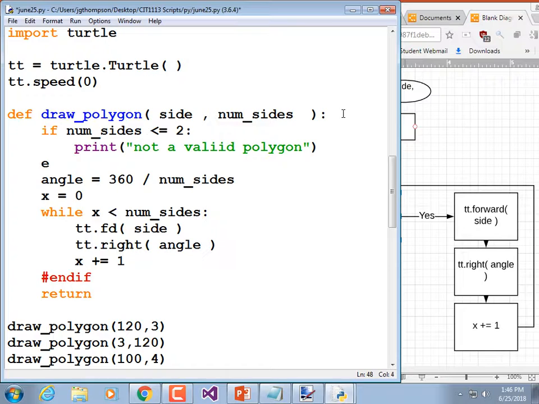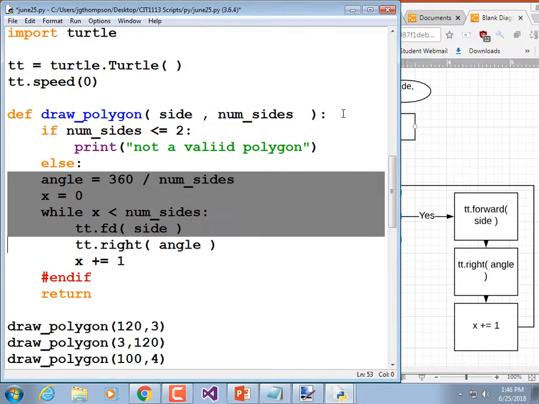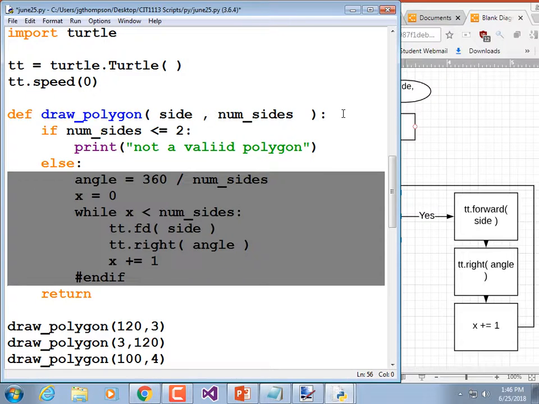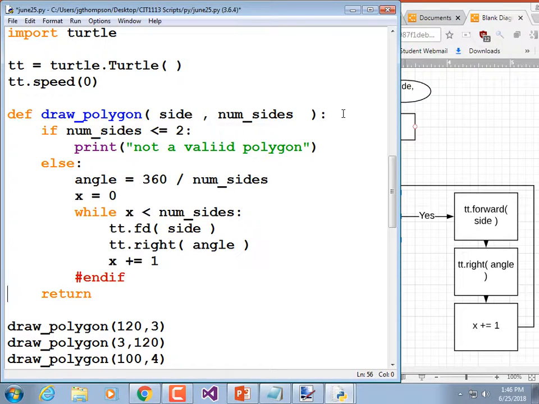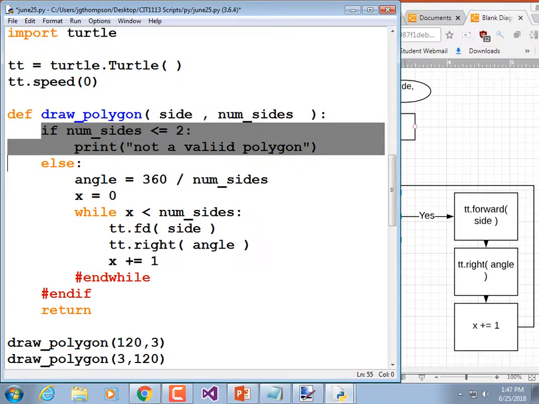Else, do all this stuff. Notice I didn't tab return. Return needs to be at that level that it's at, no matter what. And where this says end if, this was really a while, wasn't it? So I've had that wrong for quite a while. All right. So now we have an if structure as well, which we would represent by putting a